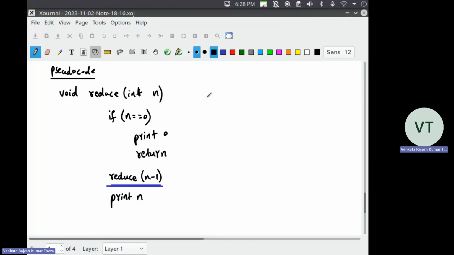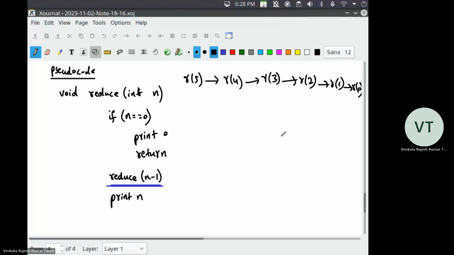So suppose I say reduce 5. What will it do? Is 5 equal to 0? No. So it will first call reduce 4. Will it go to print 5? No, it cannot go to print 5 until it gets the value of reduce 4. But to calculate reduce 4, you should first call reduce 3. And again, for reduce 3, you should call reduce 2. For this, you should call reduce 1. And for this, you should call reduce 0. Now, once you reach reduce 0,